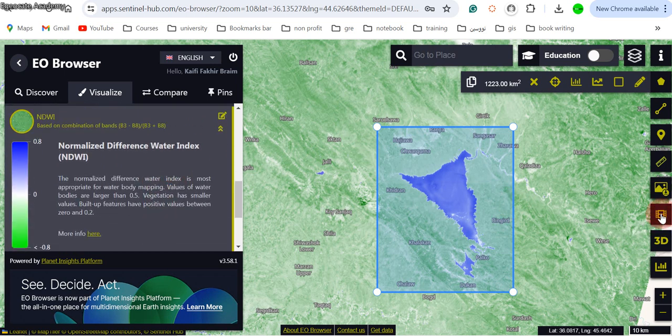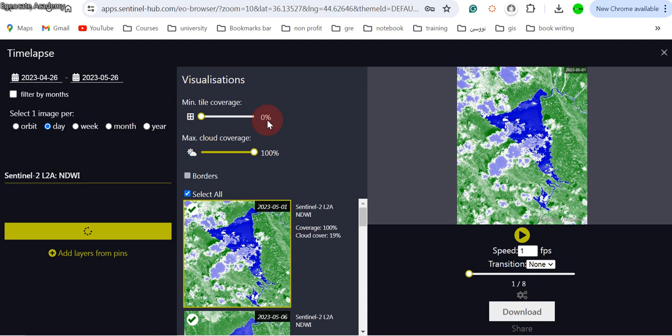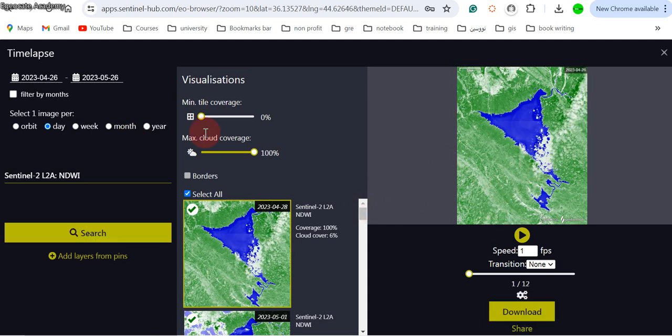There is a create time-lapse animation, and it will give you the data that are available here. But before creating the video or time-lapse, there are some things that I want to change. So the first thing is that I want to change this for week